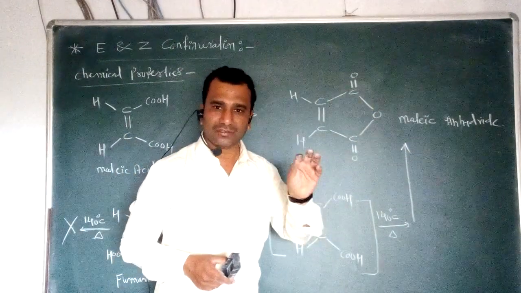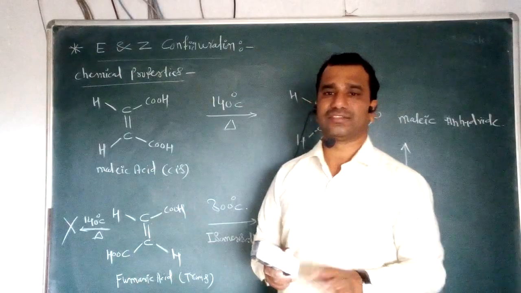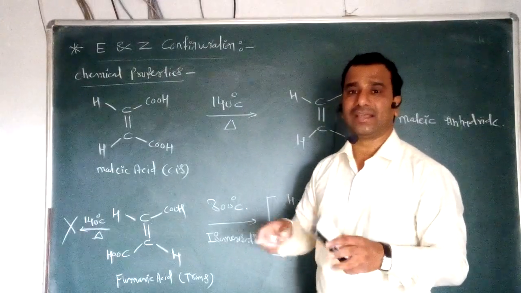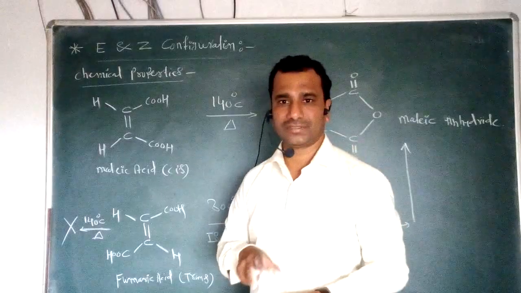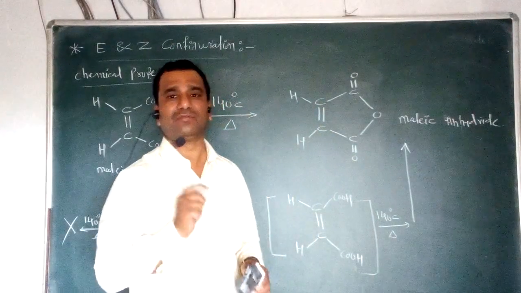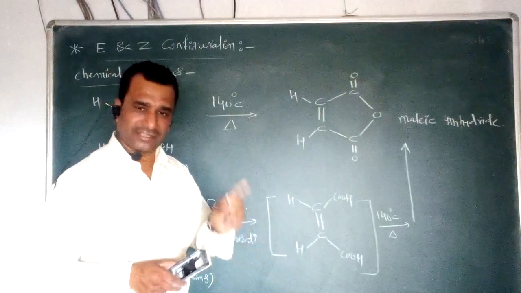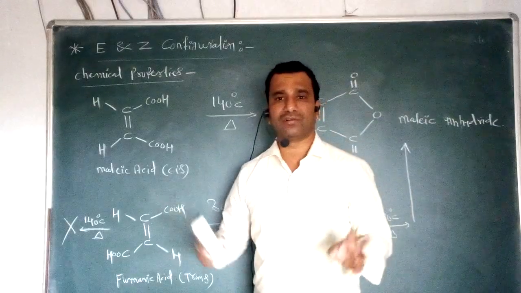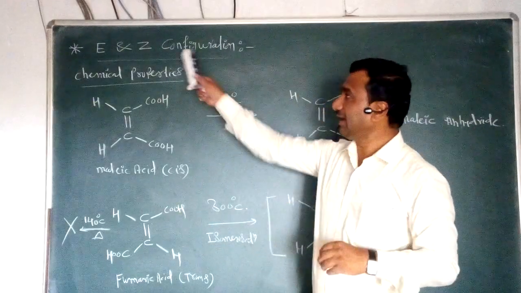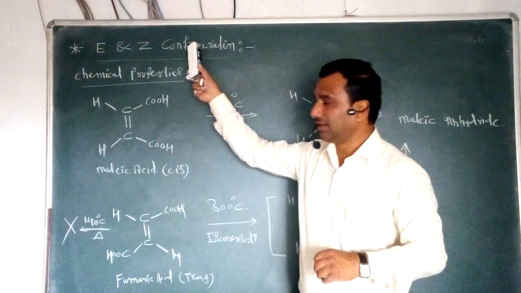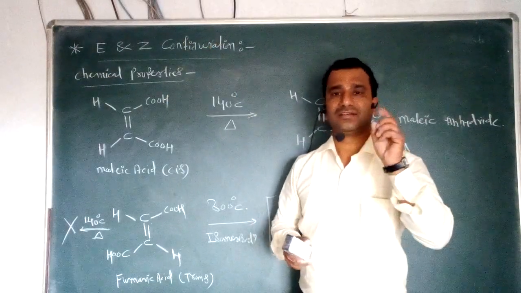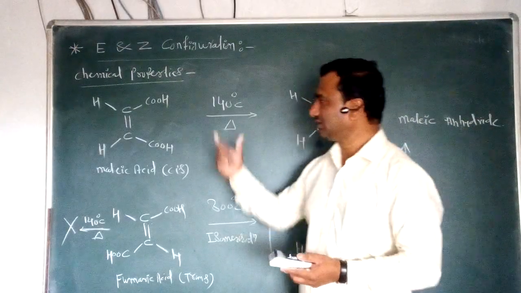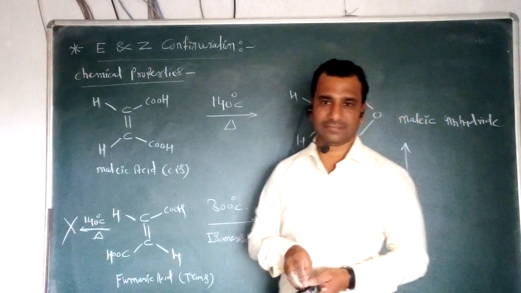to form the malic anhydride molecule. So in general, we can say that, no doubt, geometrical isomers have the same molecular formula, but they differ in the actual arrangement of atoms or groups on the olefinic carbons, and that's why these molecules show different chemical as well as different physical properties. In the current lecture, we discussed the most important point, that is what is meant by E and Z configuration, the definition of E and Z configuration, their different examples, and at the last we completed the physical and chemical properties shown by this type of geometrical isomerism.